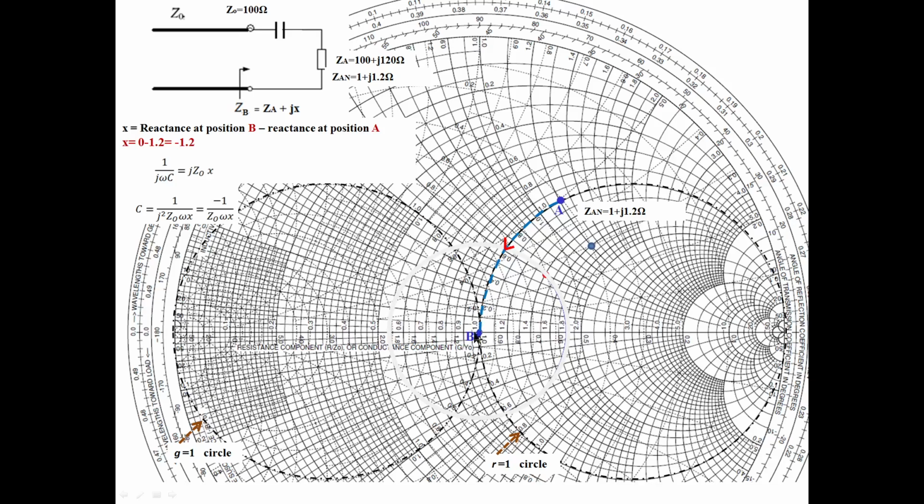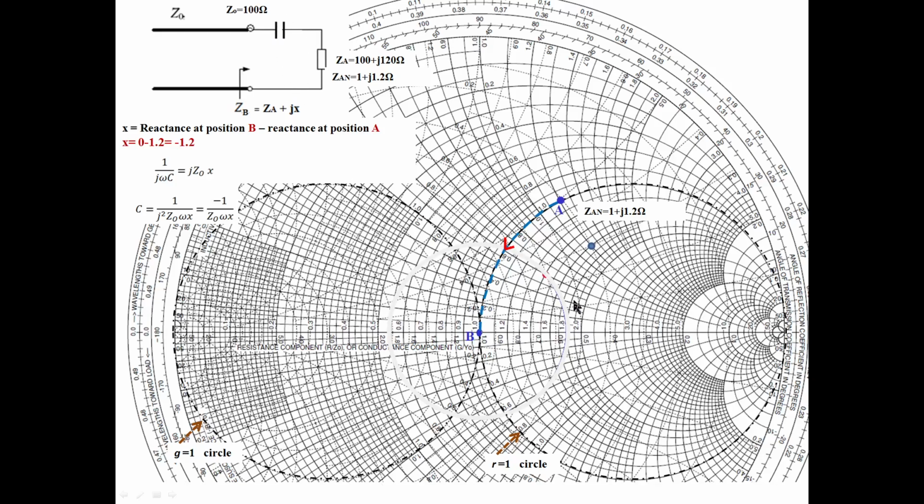Then I can reach easily by adding one element. Say I can add only one element like this, and I can get an impedance match. Either I can move like this, or if the point is like this, I can reach. By adding one element, you can get an impedance matching. If a load point is on the R is equal to one circle like this, or the G is equal to one circle, I can get an impedance match by adding a single element.